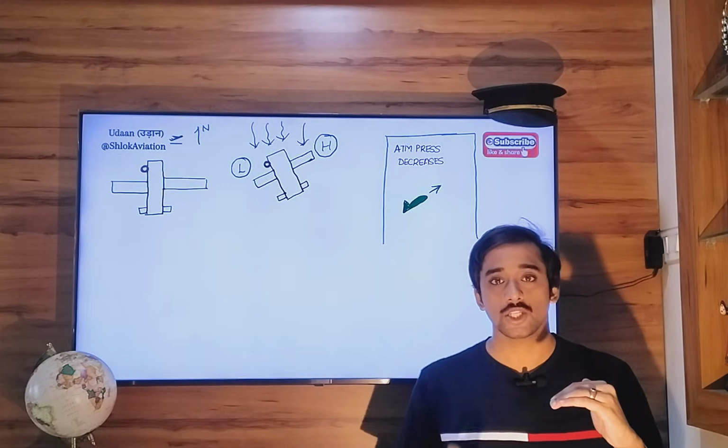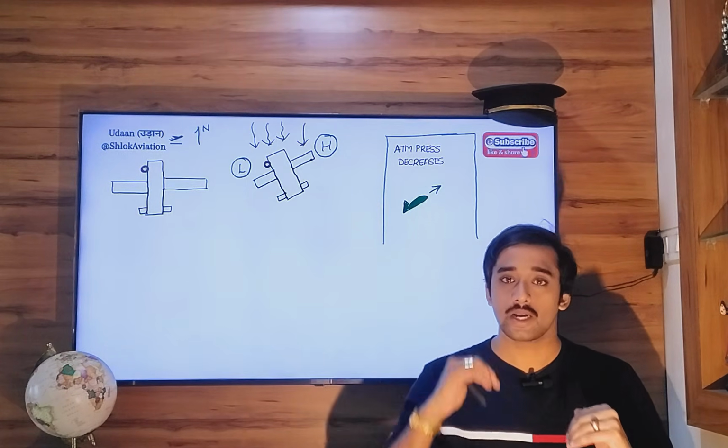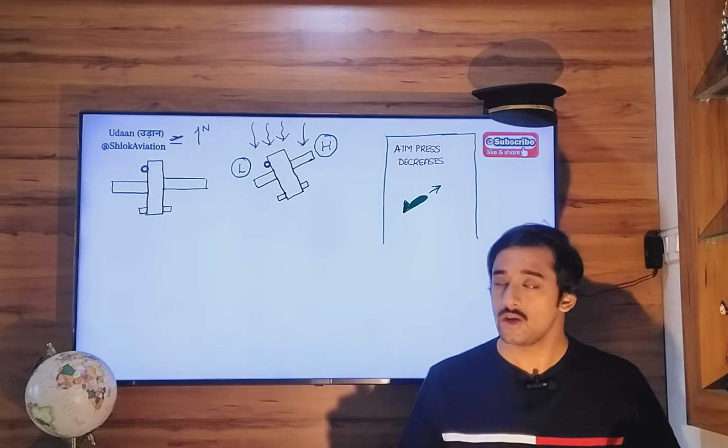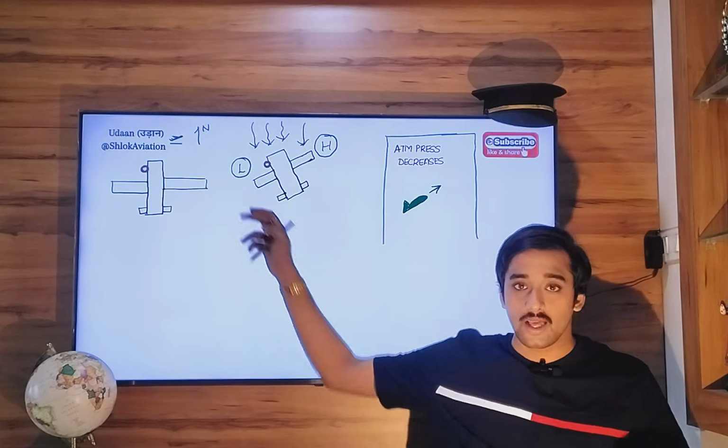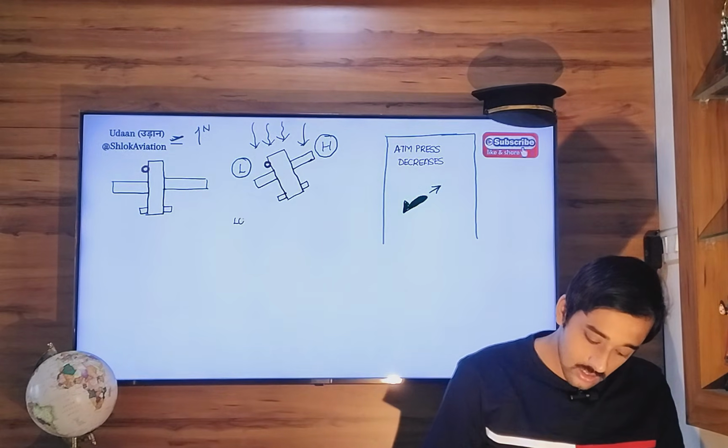Decrease in atmospheric pressure equals increase in altitude, increase in vertical distance. So over here, this static port experiences lower static pressure. This lower static pressure will be interpreted as